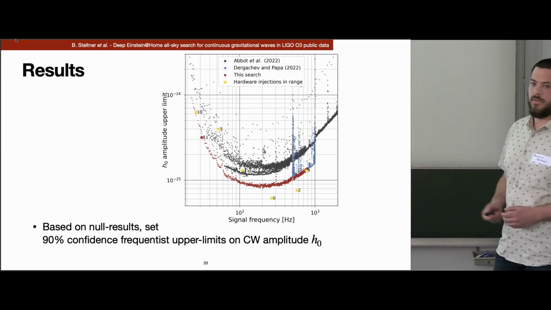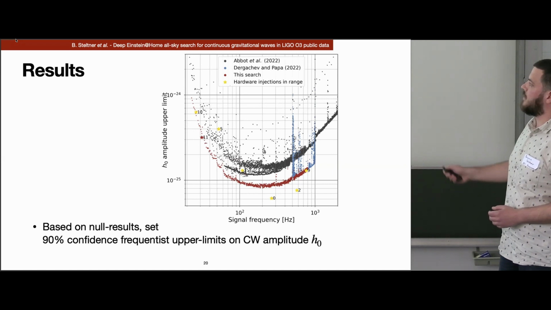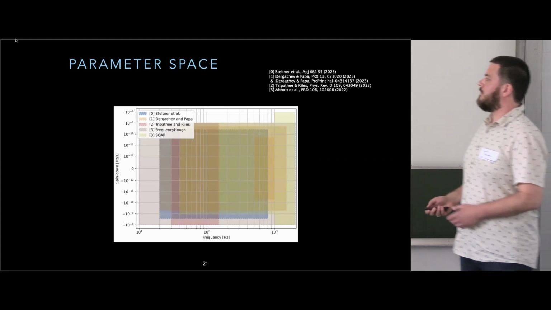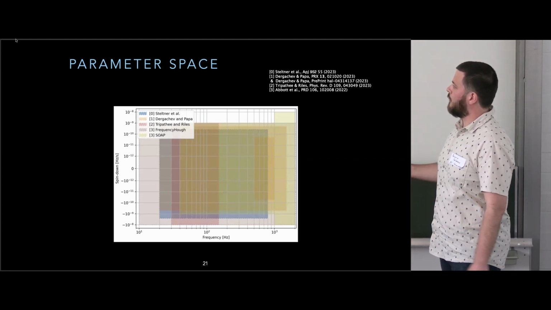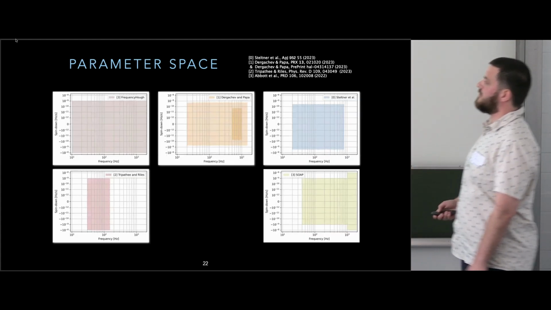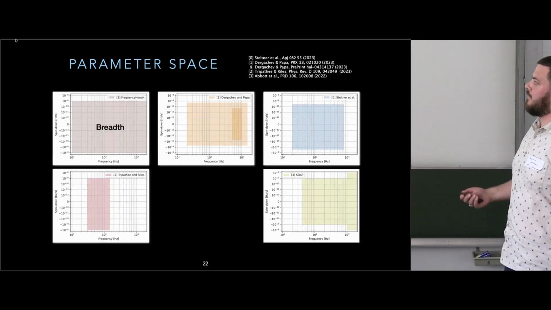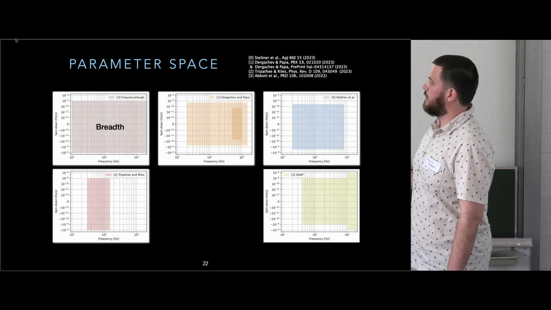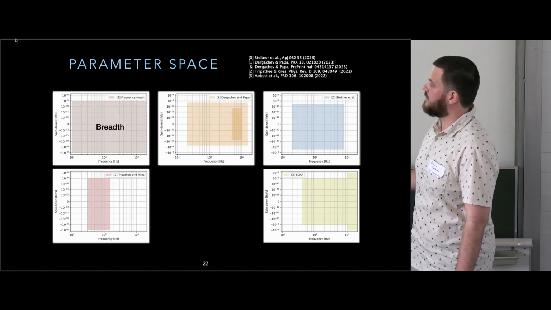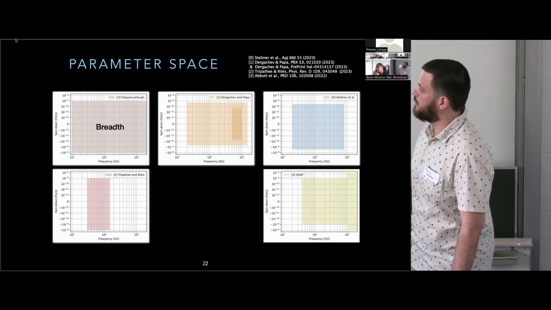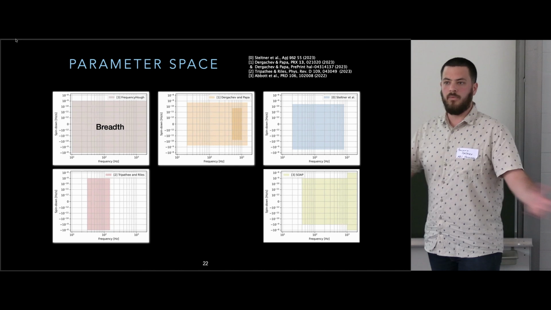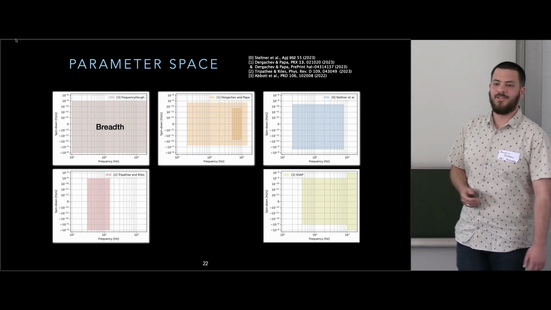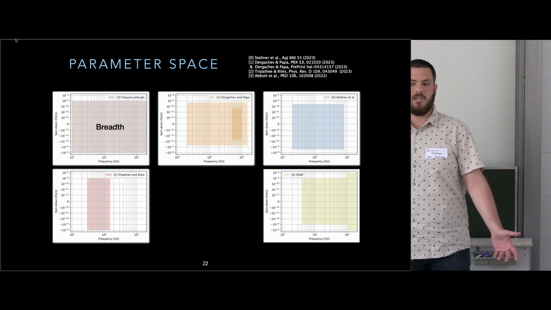I think one important thing when one looks at these upper limits is that these are actually quite different searches, firstly in parameter space. I overlaid all of them, which is not really helpful, so let's disentangle this a bit. There are really broad searches, from 10 Hertz to a bit over 2 kilohertz, and spin-down from minus 10 to the minus 8 down to 10 to the minus 9, so a really huge parameter space, where of course they suffer a bit due to computational limitations.